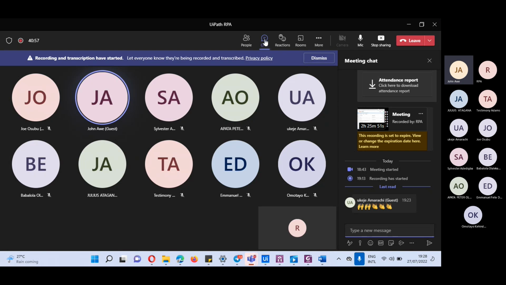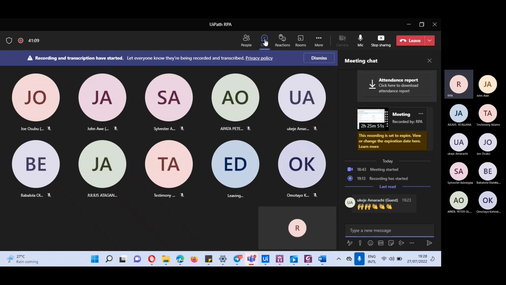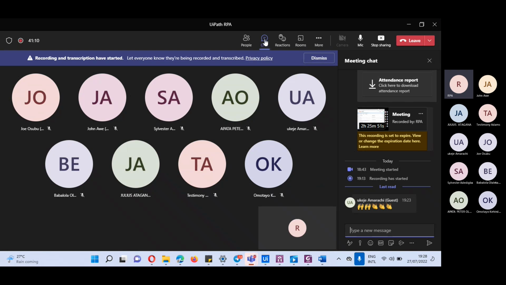I would not advise using it. Okay. Omotayo, Kende, Emmanuel, Apata. Network issue.